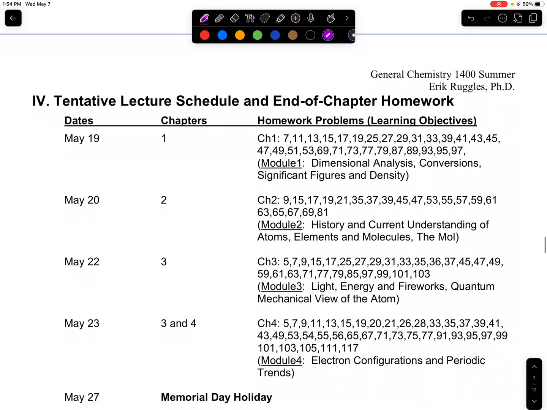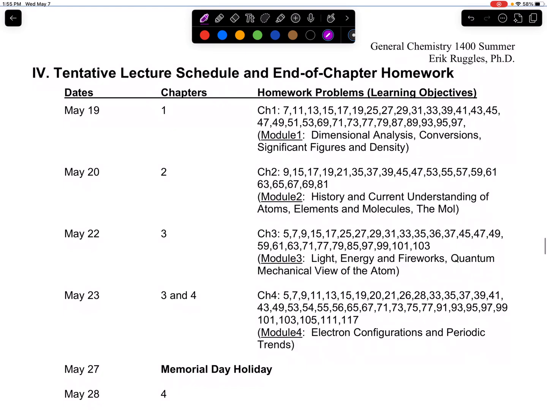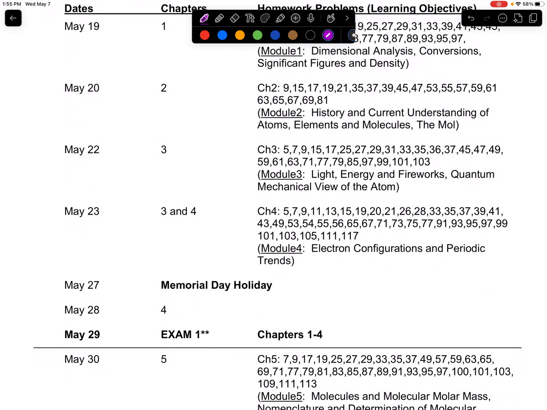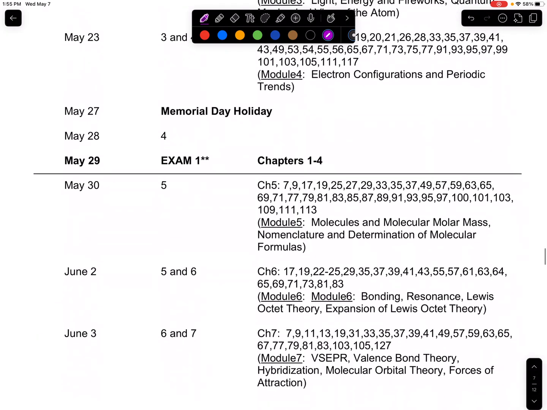In terms of the lecture schedule, here it is from day to day. I will also detail this in announcements from week to week to help you to organize your work week. This is definitely a summary of what you're going to be seeing in those announcements. But I think the announcements obviously are going to be much more detailed with links to the lecture videos, links to extra homework help problems, etc. But this is what we're going to be doing, as well as what our exams will be covering, and holidays.